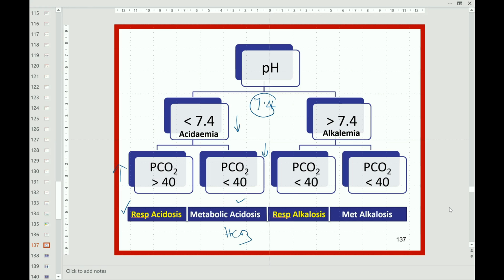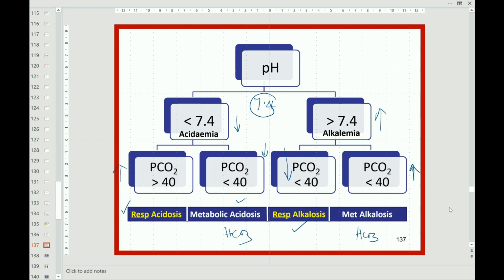So if it is more, again you look at the PCO2. Immediately your focus should be on the PCO2. When pH is going up and PCO2 is going down, that is exactly the opposite side, and we are with respiratory alkalosis. Okay. The other way around, pH is going up and PCO2 is also going up. In such a case, we are dealing with metabolic alkalosis subject to confirmation by bicarbonate. So this is such a very crucial first step in the slide of how you look at it.